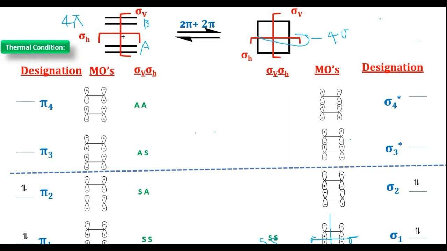Next case, the vertical plane of symmetry is cutting vertically. The left side part is not the mirror image of the right side part because here plus is there, in the mirror you are seeing minus. So the left side part is not the mirror image of the right side part, therefore with respect to sigma v it is asymmetric. Here with the horizontal plane of symmetry, at the bottom side plus is there, in the mirror also you are seeing plus, here minus is there, in the mirror also you are seeing minus.